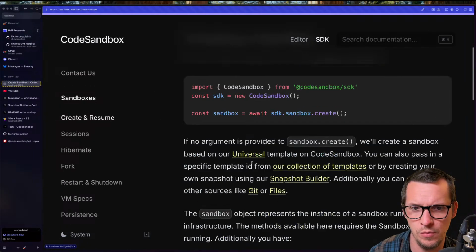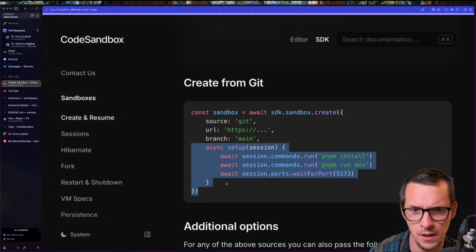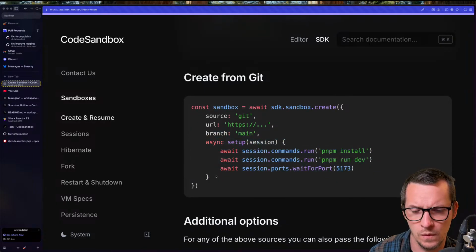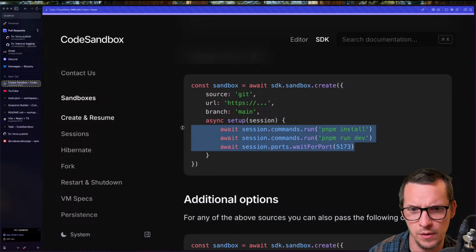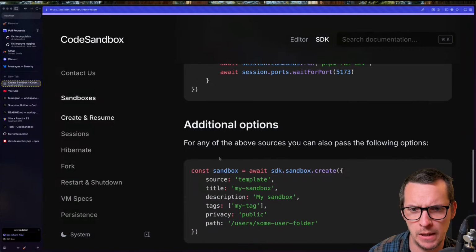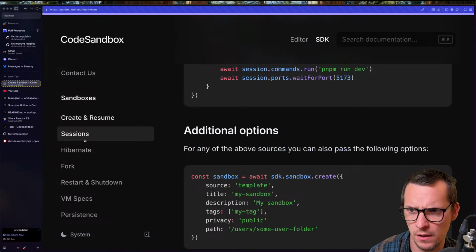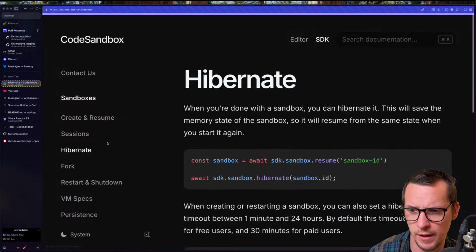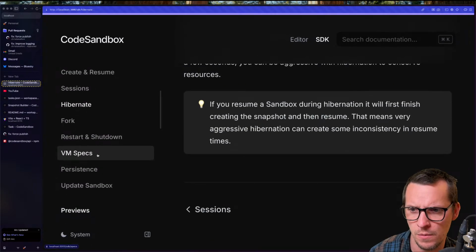Then we have create and resume. We have not really done anything to this, though I added the setup thing here. It's kind of interesting though, yeah, I think this is fine. Additional options. Resume, that's fine. Then we have sessions, we have hibernate. All of this stuff is the same. We have fork,